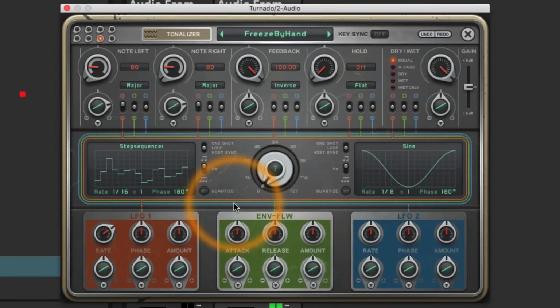So, you know, we kind of just made some music there, really, just with a flanger. So, yes, it's brilliant. Let's have a look at some of the other effects. That's one of my favorite things. I love screwing around with the Tonalizer. And, you know, once we've done that,